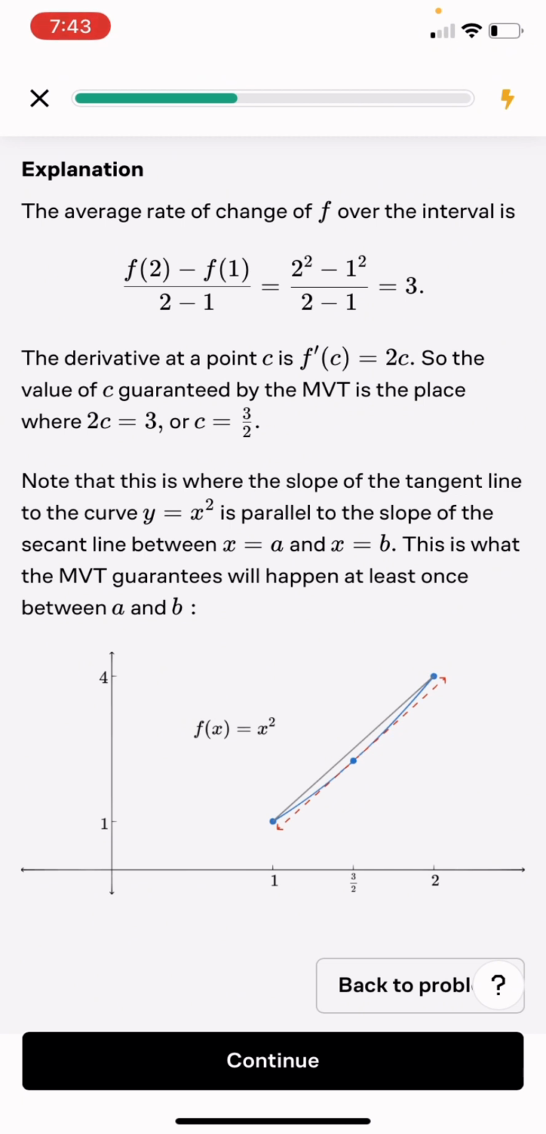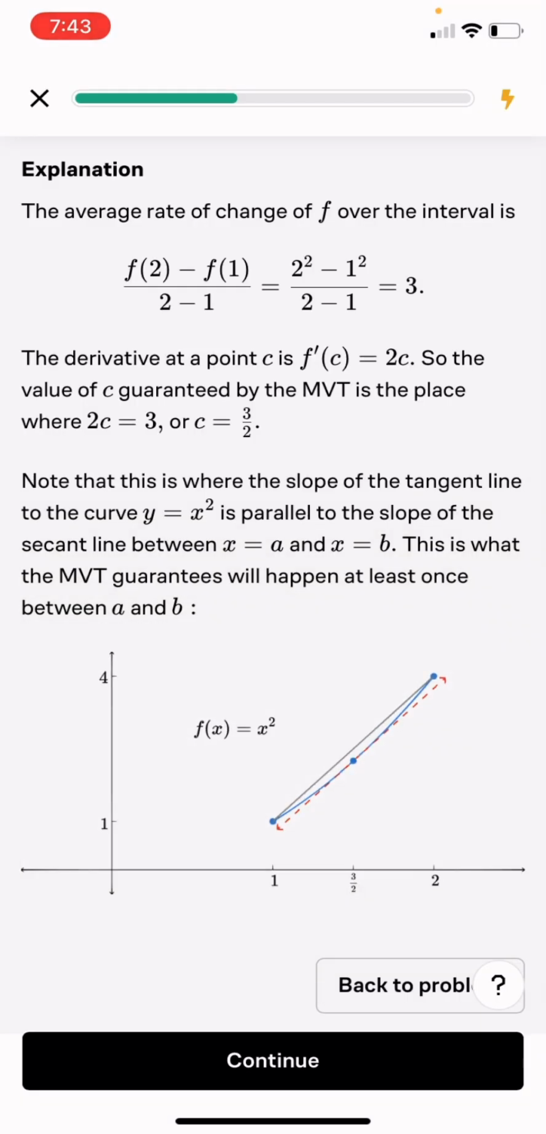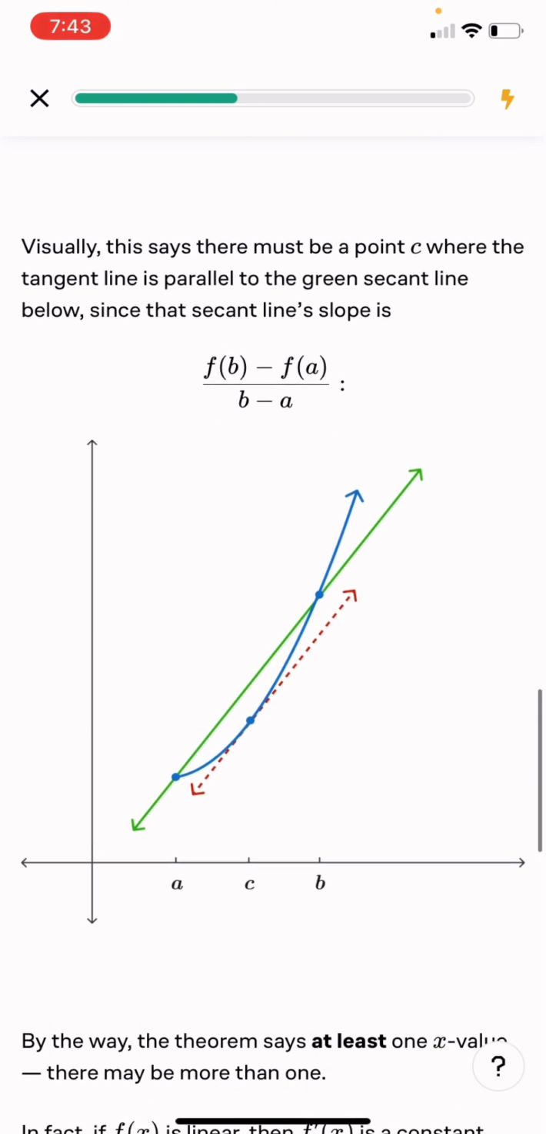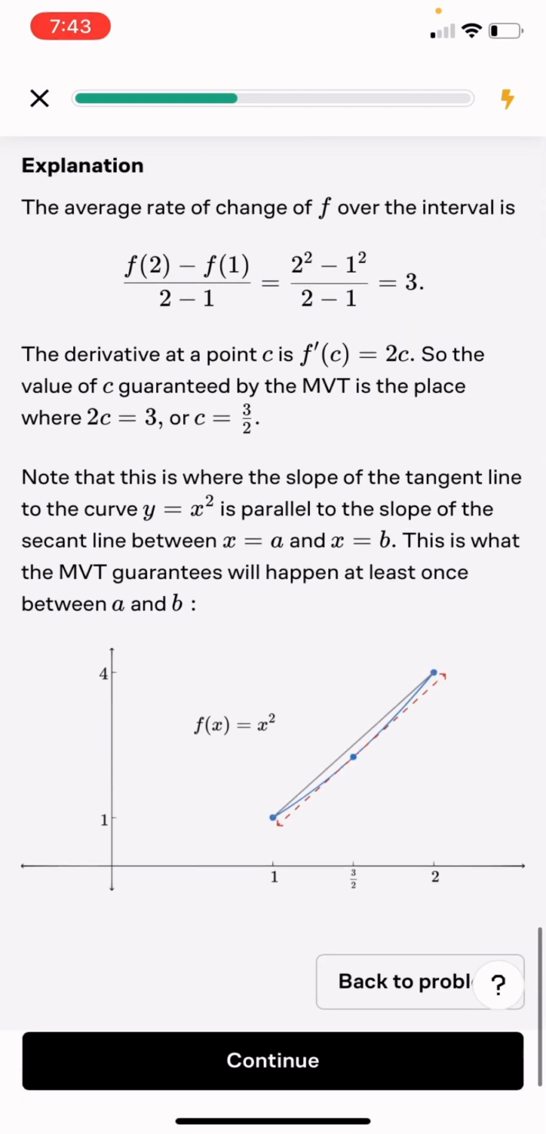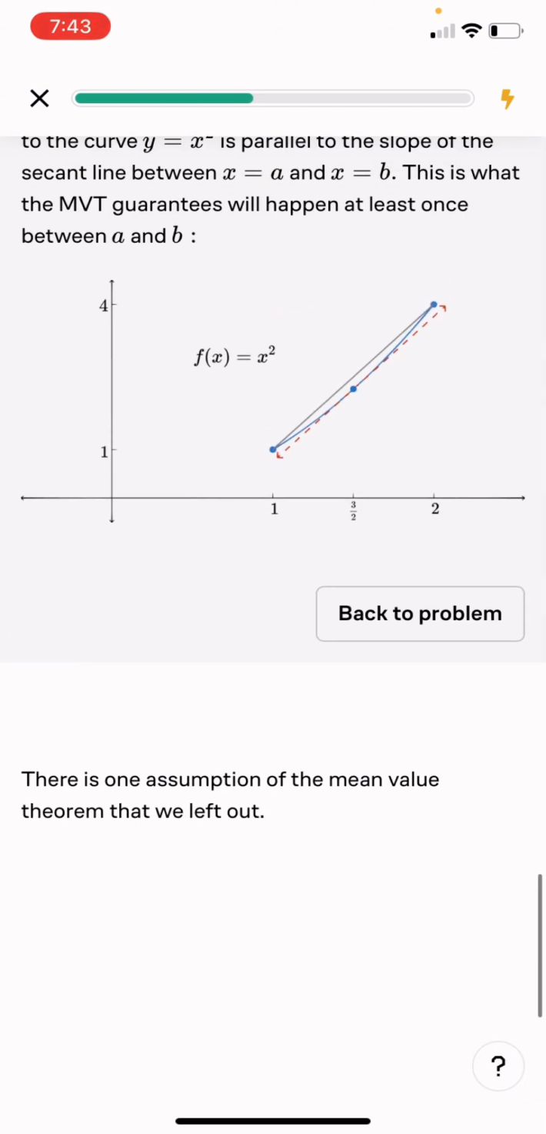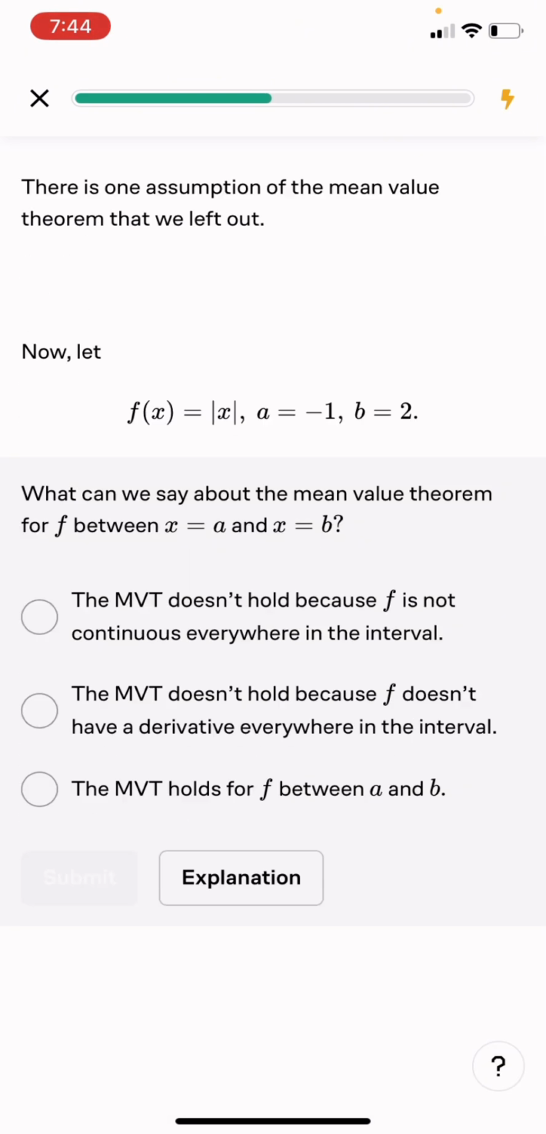There is one assumption of the mean value theorem we left out. Now let f(x) equal the absolute value of x, a equals -1, b equals 2. What can we say about the mean value theorem for f between x equals a and x equals b? Between x equals a and x equals b, it doesn't hold because, well, I believe